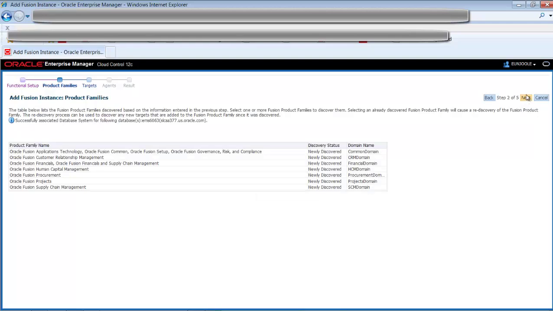So select the product families that you wanted to discover or you wanted to add onto your Fusion Instance. You don't have to add all the Fusion product families in this step. You can just choose whatever product families that you wanted to add, and later on, if you have to add more product families, then you can do that by refreshing the Fusion Instance. So in this demo, I'll choose a couple of the product families that I wanted to add to this Fusion Instance